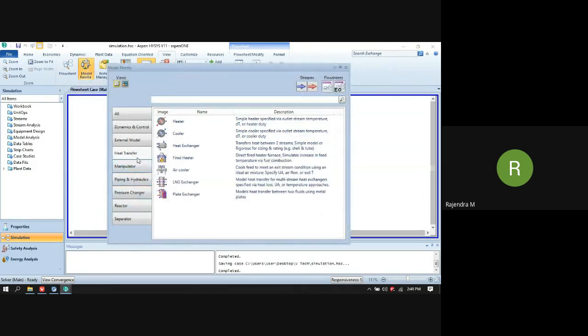We have the tab called heat transfer. In the heat transfer tab, various types of heat exchangers are available. The first is a heater, and there is a cooler, then heat exchanger, fired heater, air cooled heat exchanger, LNG exchanger, and plate heat exchanger.